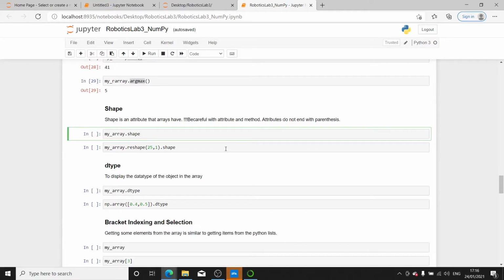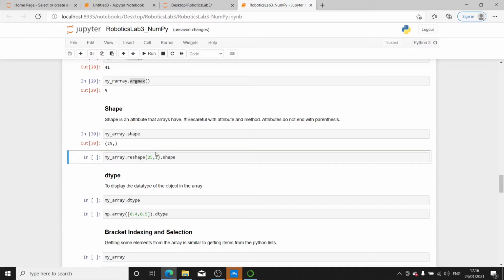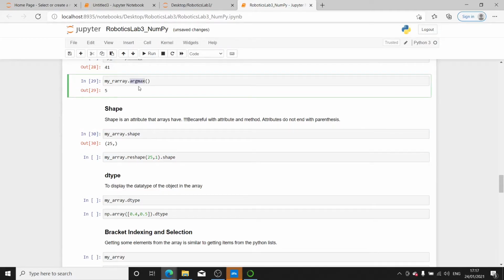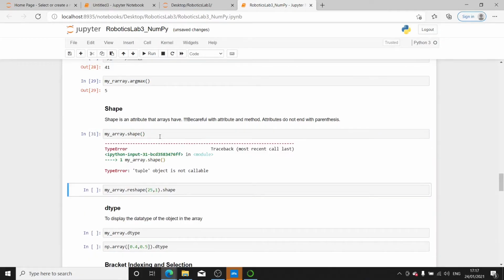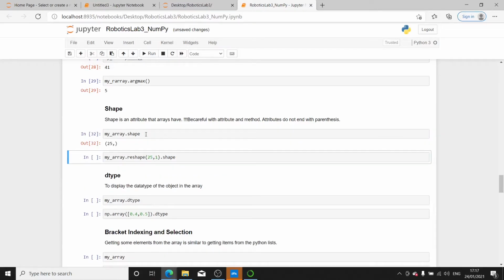And again, we can check the shape of the array using the shape attribute. So we have to be careful here. The shape is an attribute, but argmax is a method. A method always follows with parentheses, but shape will not have parentheses. If we put shape with parentheses, then we get an issue like this: tuple object is not callable. So we just use shape,